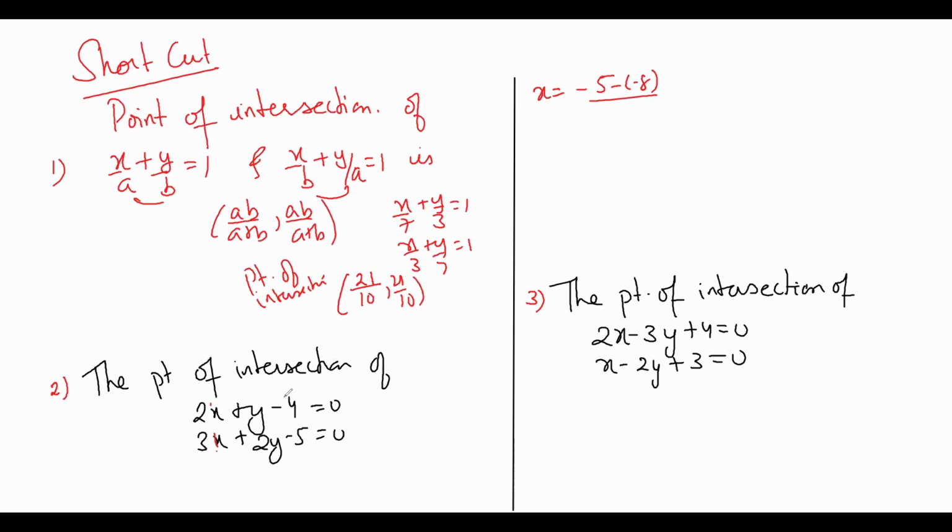Now in the denominator, what you have to do is cancel the constant column, that column containing the constant term, and for the rest, do cross multiplication. So that is 2 into 2, 4, minus 3. And what I get from here is minus 5 plus 8 upon 1. So my answer is 3 here. That means my x coordinate is 3.